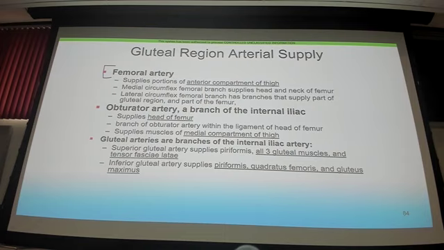The confusing part is when I add all this other stuff in here. And all you've got to take out of that is, remember at the shoulder around the humerus, you studied the axillary artery. We had circumflex arteries that went around the head. The same thing happens here, and that's all I'm really telling you on there. And it supplies the head and the neck. The reason I left those in there that way is because the obturator artery gets a little more significance, because not only does it supply the medial compartment of the thigh with its blood supply, but it's what provides the blood supply to the head of the femur,